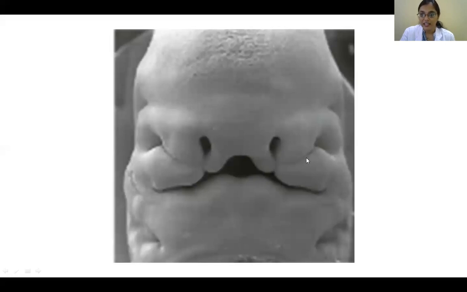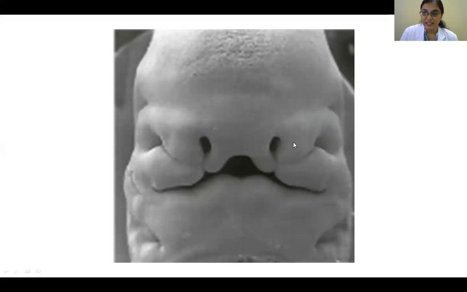Again, one more thing which you can make out is this is the lateral nasal process. This is the maxillary process. Between them, again, there's a depression. This depression, this is nasal, this is maxillary. So this is a nasomaxillary furrow. This is ectodermal, so nasomaxillary ectodermal furrow or a groove. It is deep. We call it a pit, and this is called a groove.